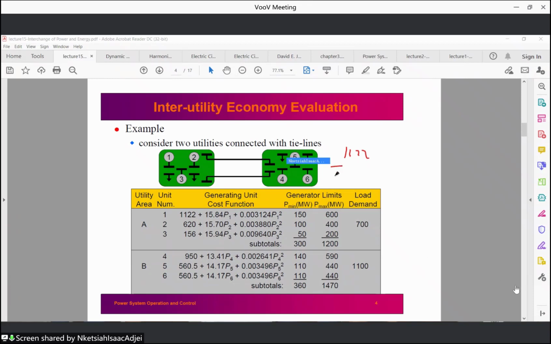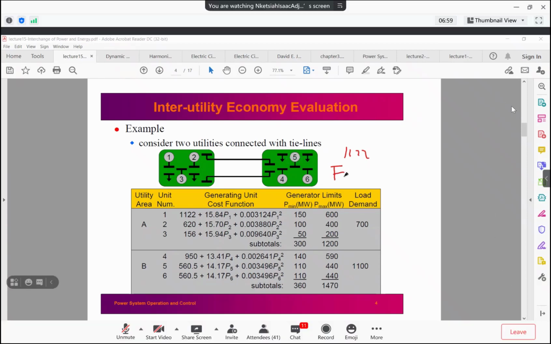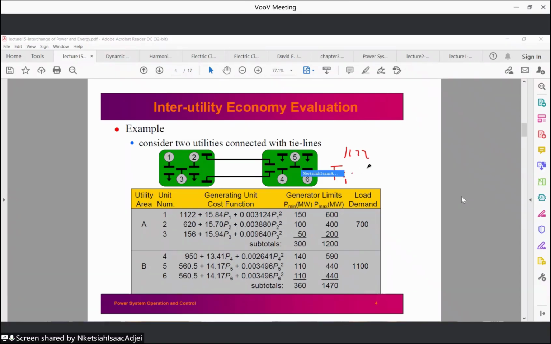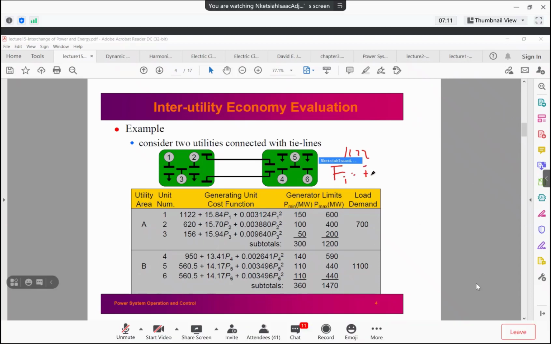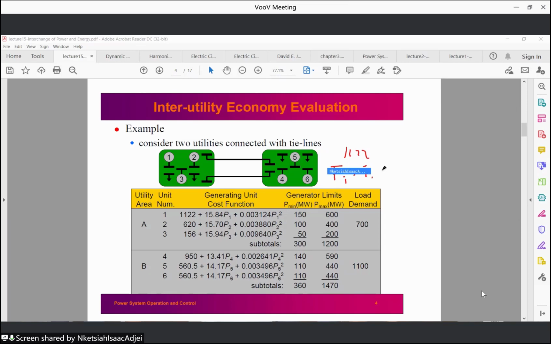So we have something like F total, I'll take it as F total, being equal to F1, the utility A, F1, plus F2, plus F3. And if we sum everything together,